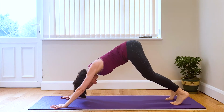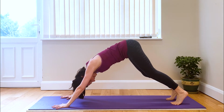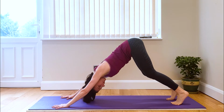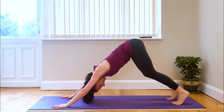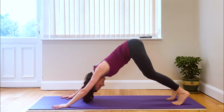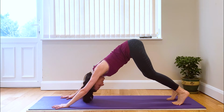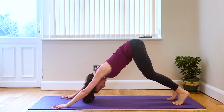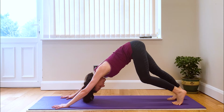Just do a few easing out movements. And then make sure your fingers are spread out and you can really push onto the floor to move the hips back and up. Also check that the weight is evenly on both wrists. We often tend to place more weight on the stronger arm. So see if you can balance yourself. And then when you have found that straight back and strength in the upper body,